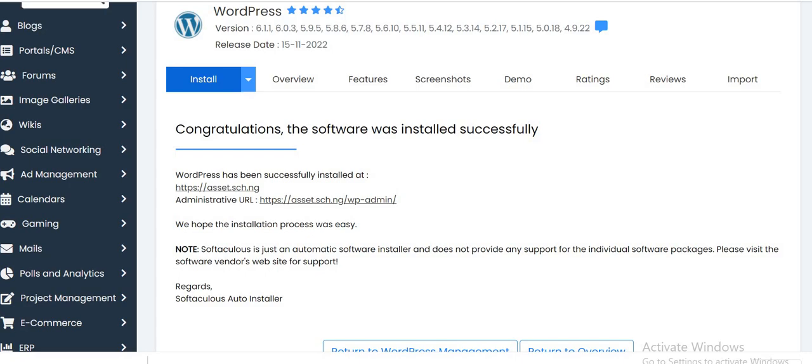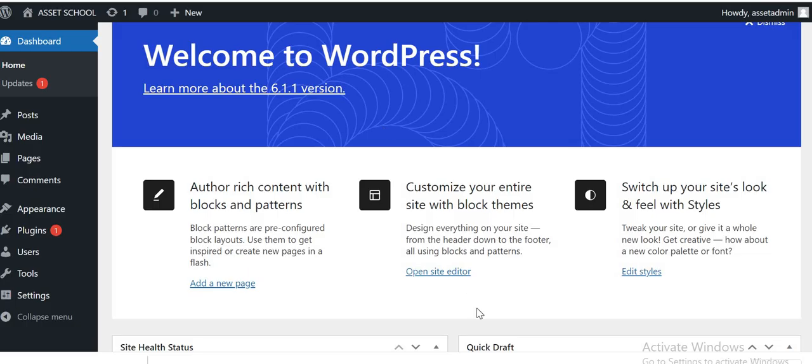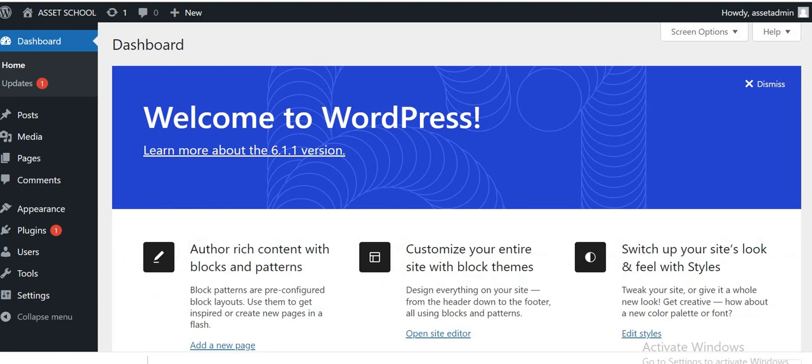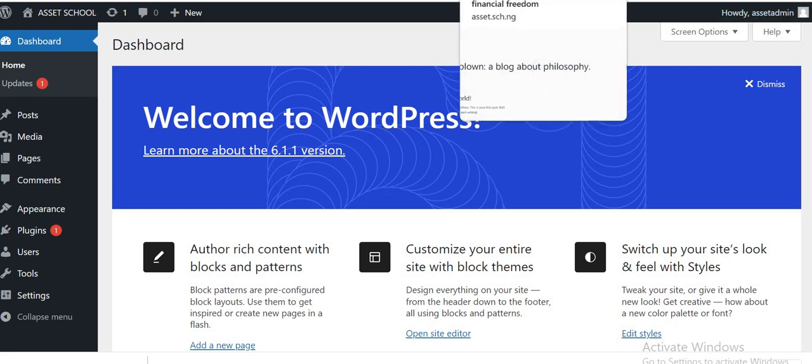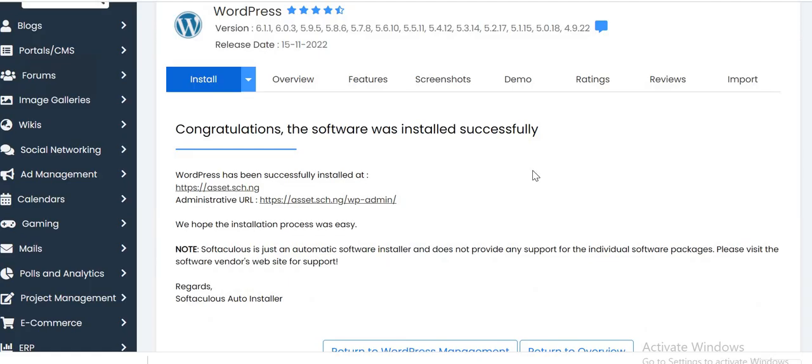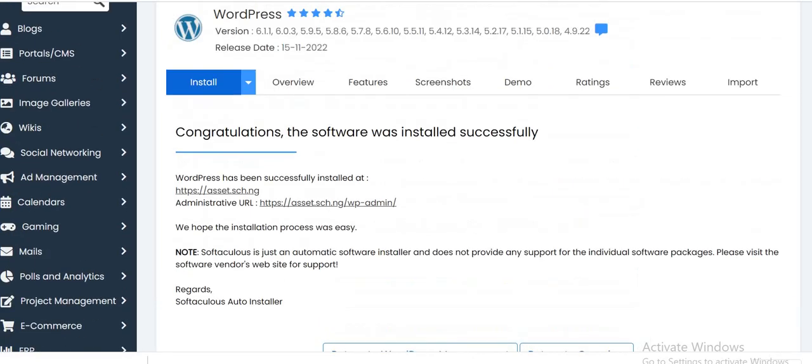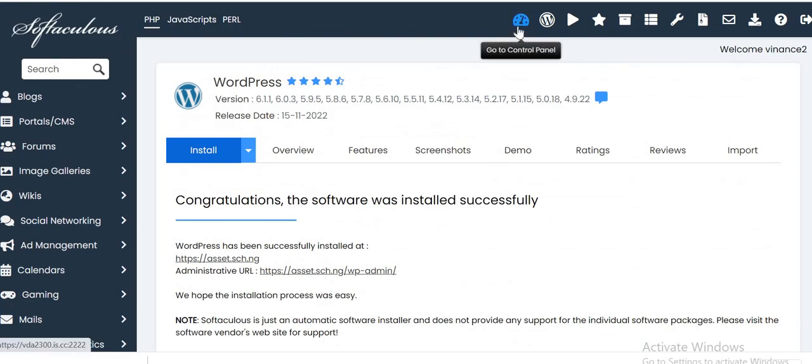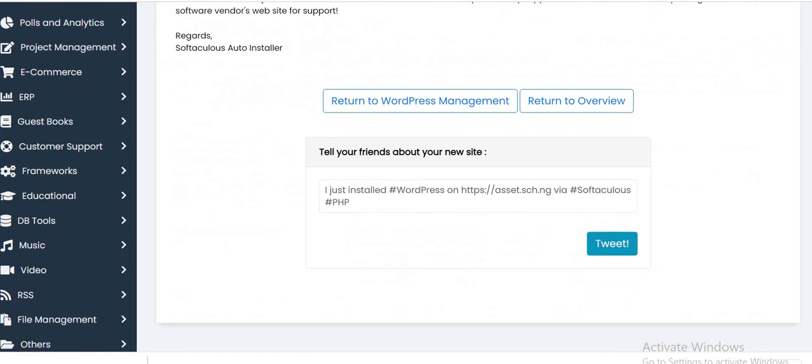I hope that is clear and direct. So the login that we created is what we use to log in here anytime we need to access this page. We can also create more logins from this side and give different access levels, just in case we have different people working on this site and they need different levels of access. So that said, the installation of WordPress is done. Let's go back to our cPanel and create that email address,